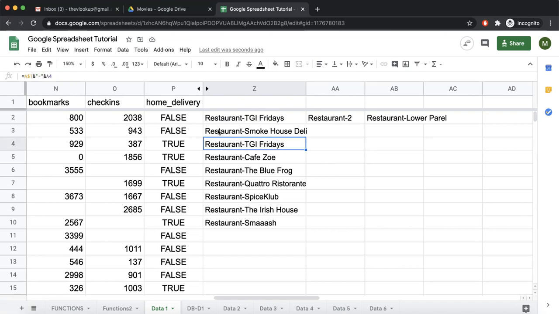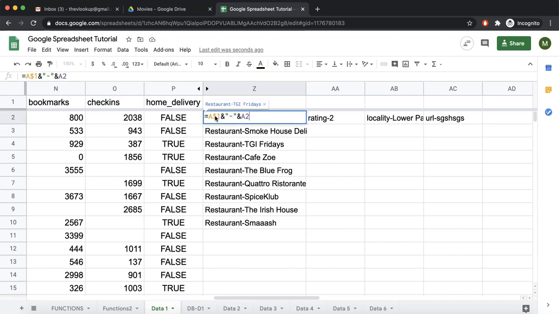It should have become A2, but since 1 is locked by applying the $ sign, it is still A1. But when we drag this right side, this A1 becomes B1, this becomes C1, this becomes D1, because there was no locking on the column, which is A. So A can change, but the row cannot change because 1 is locked.